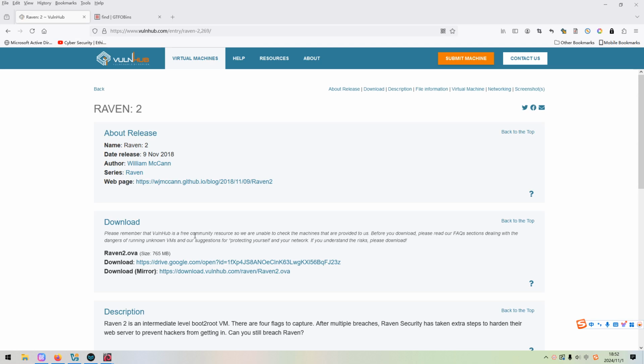Dear friends, welcome back with another machine on the VulnHub, which is Raven 2. The link will be put into the description section below so that you can download and play the machine if you want to. This is the second machine in the Raven series. Some parts of this machine are very similar to the first one. However, the privilege escalation would be different. We'll be using the UDF function, or user-defined function, of MySQL to elevate privilege.